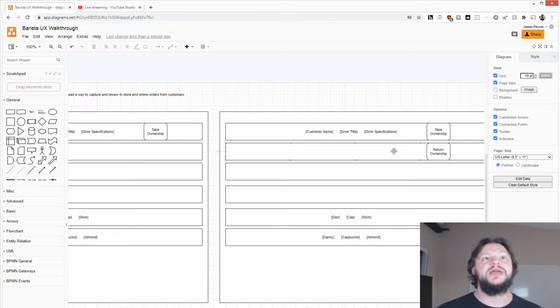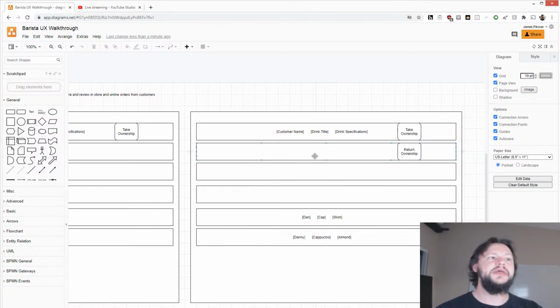In fact, it may even be possible, and this is something that we'll probably skip for the time being, for one barista to take ownership from another barista who has already taken ownership of the drink. But again, that might be a little too much for the time being. Now, if you can take ownership, that means that the other thing you should be able to do is complete